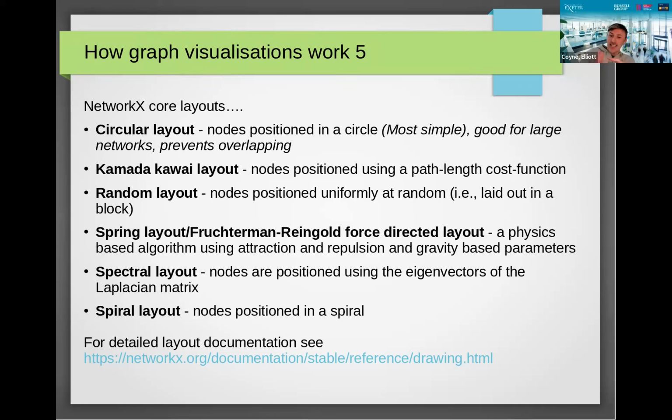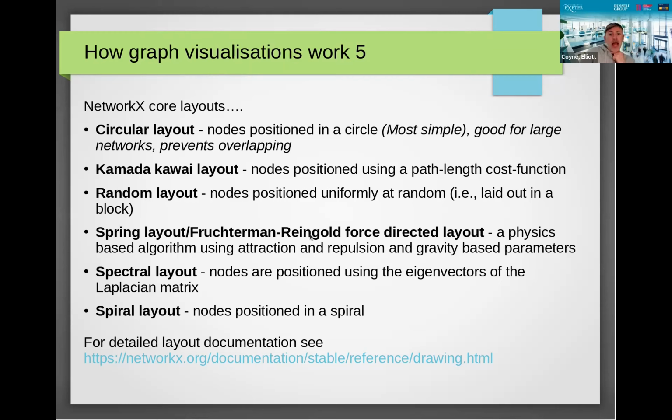And this is a physics-based layout, and this is all to do with attraction and repulsion. So highly connected nodes may be more attracted to one another, so they kind of pull in, and nodes with fewer connections or edges will be repulsed, and they can be pushed out, or being gravity-based as well, so that can alter where it will sit,